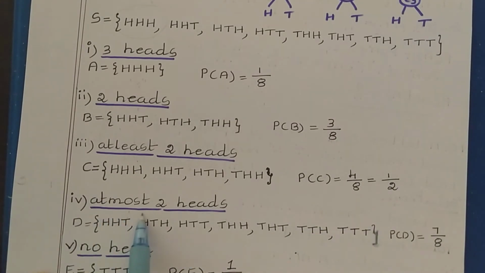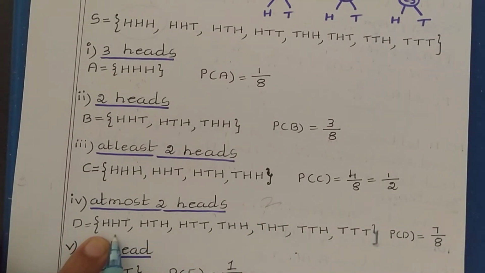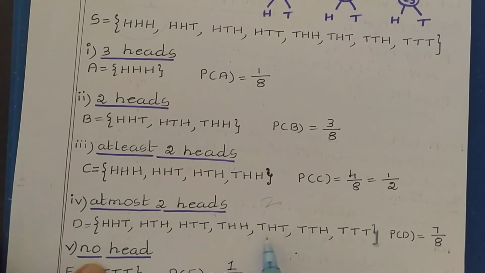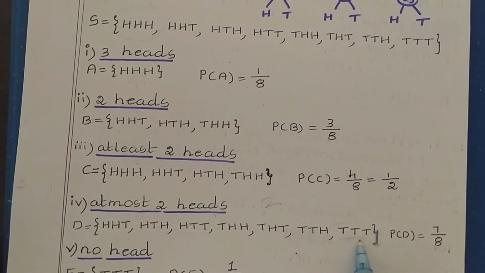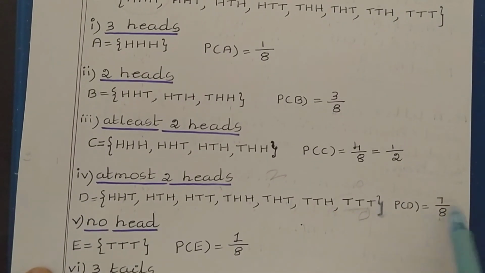Next, probability of getting at most 2 heads. At most means maximum the outcome has to contain 2 heads. So minimum it may have 1 or even 0 is also valid. So with this condition we can have HHT, HTH, HTT, THH, THT, TTH and even TTT we can take, because they have given at most 2, maximum 2, minimum it may be 0, 1. So that's why we can even take this one also, even though here there is no head. But still we are taking it because we can take this as 0 heads. So that's why here 1, 2, 3, 4, 5, 6, 7. So 7 possibilities, 7 divided by total outcomes 8, 7 by 8.